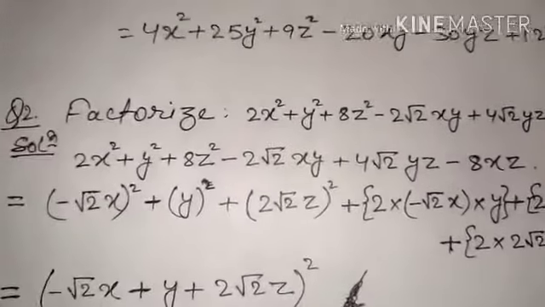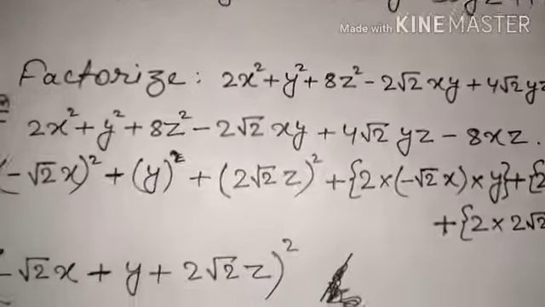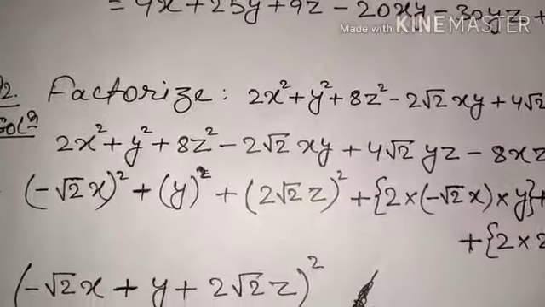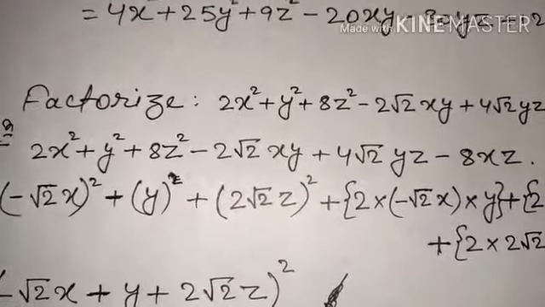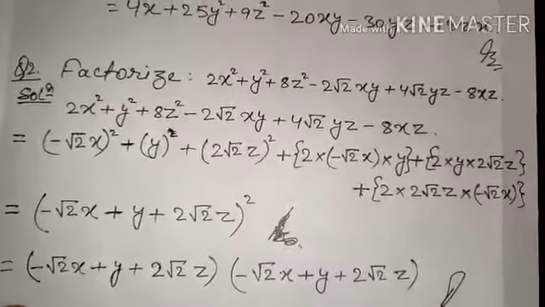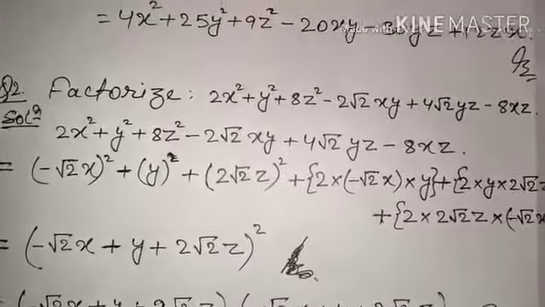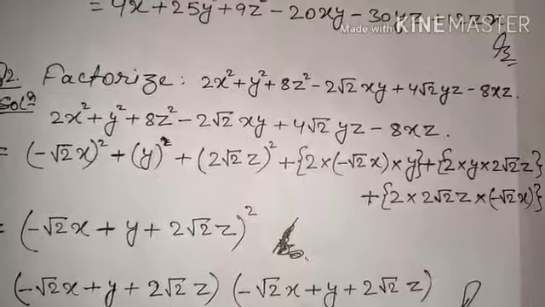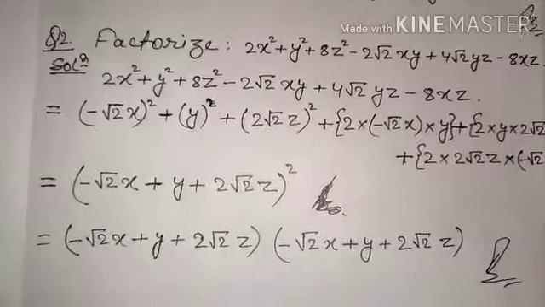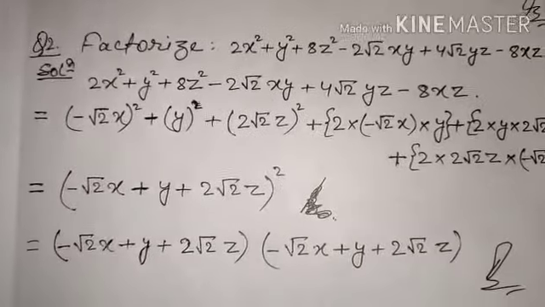Let us factorize it. So in the solution part, simply I had written first the expression which I had to factorize. After that, now we will try to put this expression in the form of a square plus b square plus c square plus 2ab plus 2bc plus 2ca. Okay, don't get confused that sir, you had given the formula in terms of x, y and z and you are using a, b, c over here. Why am I using a, b, c? Because the values given over here are in terms of x, y, z. So I am using a, b, c so that you people don't get confused. Both the things are same.